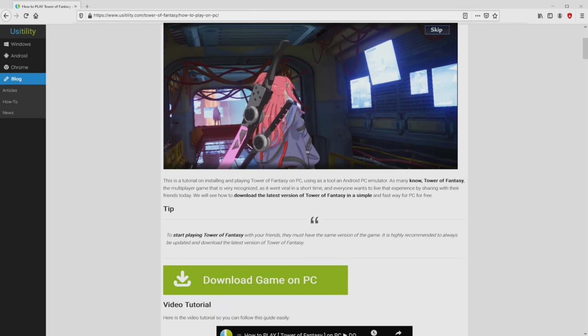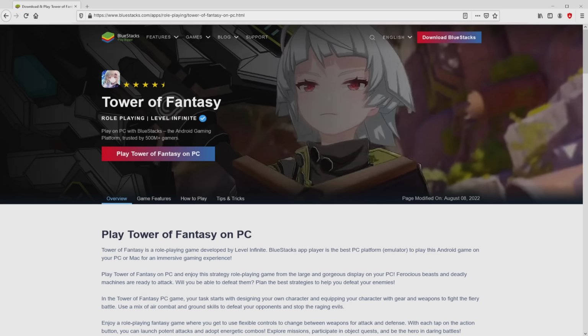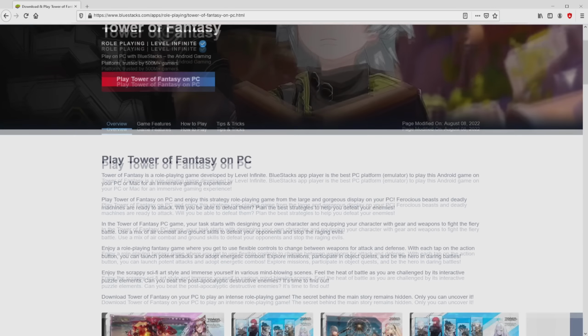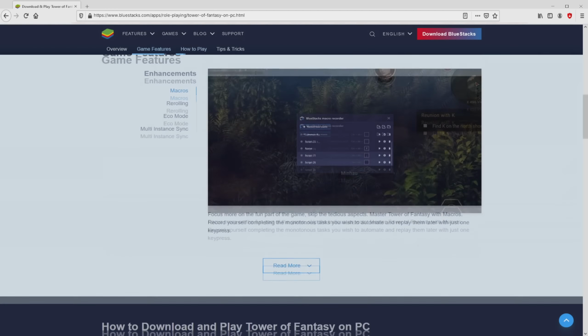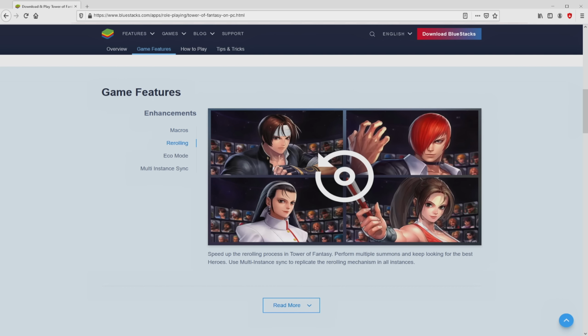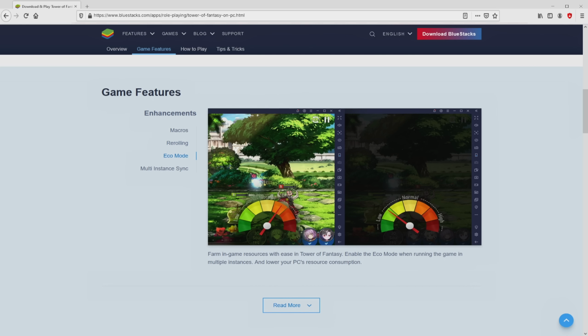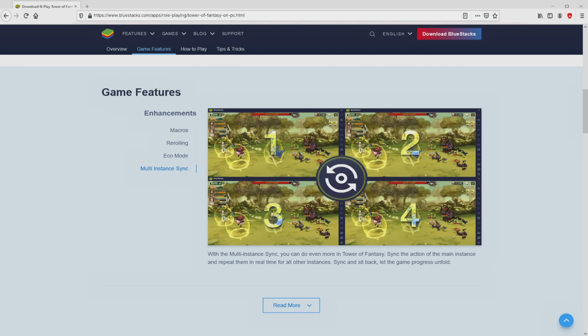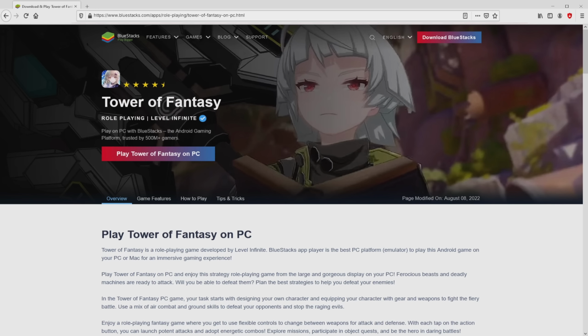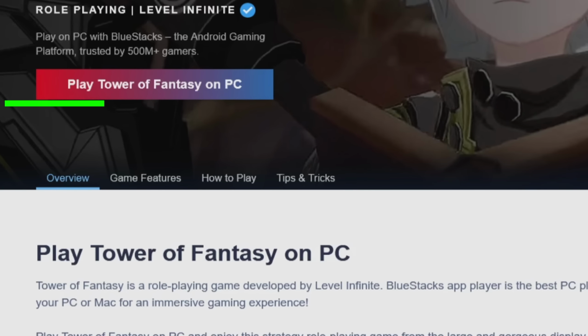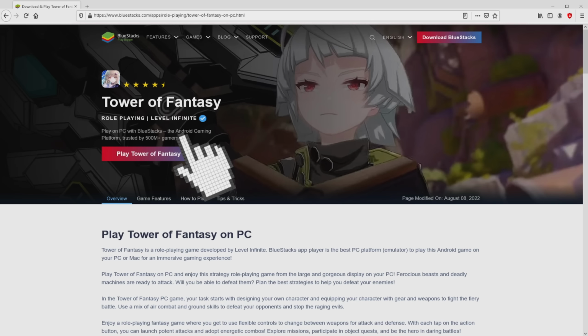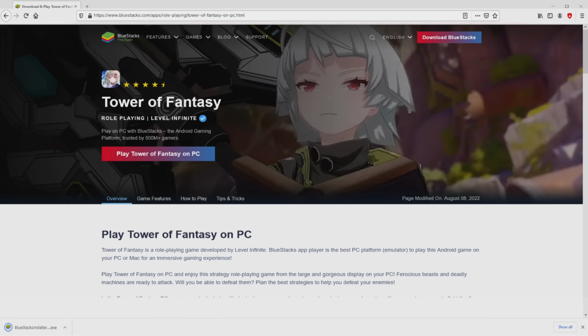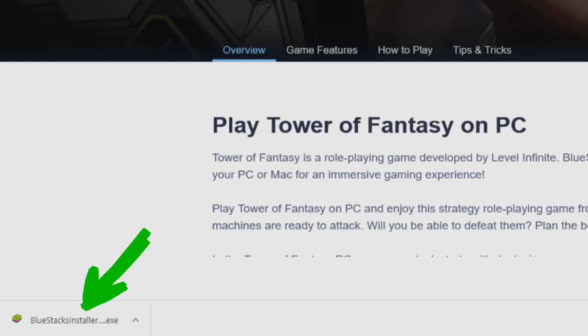We scroll down a little bit and then click on the Download Game on PC button. Once clicking on the link, we get to the site of BlueStacks. No panic, it is just the Android emulator that we will run to enjoy the game Tower of Fantasy on PC. It is now obvious that we access a number of pros of preferring the emulator. Now we will proceed to download Tower of Fantasy by simply clicking on the button Play on BlueStacks that you can visualize here in green. Next step is clicking on this button. And the download starts and ends immediately. Voila, this is the download.